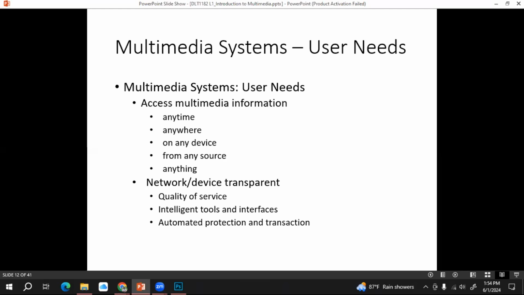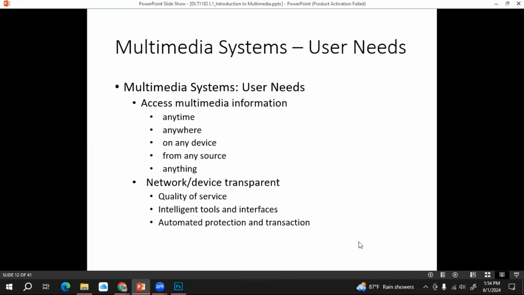Then automated protection and transaction. This multimedia system should have automated protection from third-party access, as well as if it is a transaction or a banking system, it should have proper automated protection and transaction functionalities on the multimedia system.